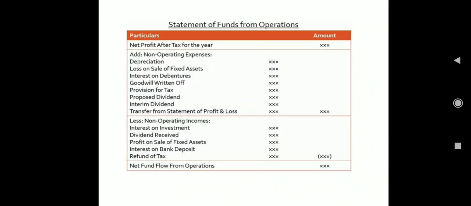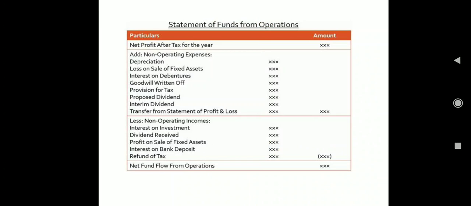In the same way, writing off goodwill. Goodwill is a fictitious asset, so we just value it and show it in our books. If last year our goodwill was 5,000 rupees and this time 2,500, it doesn't mean that the difference of 2,500 you have paid to anyone or lost exactly in cash. No.